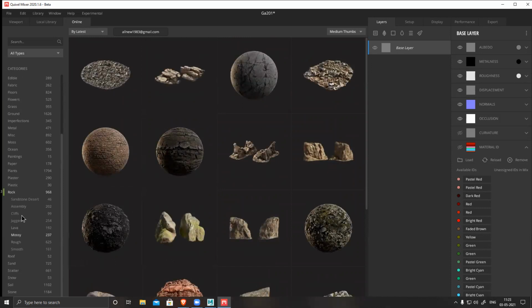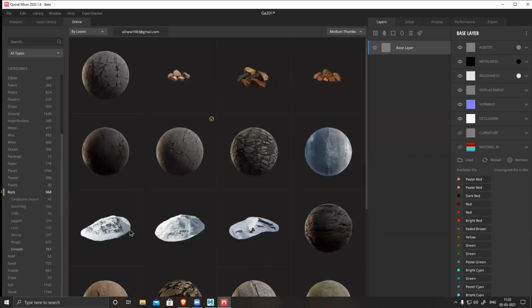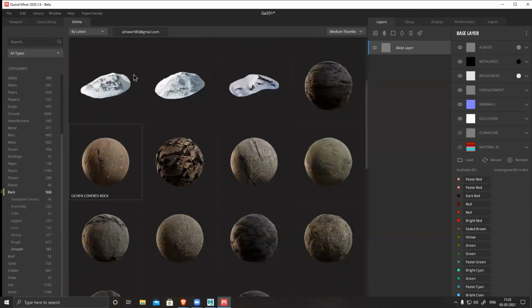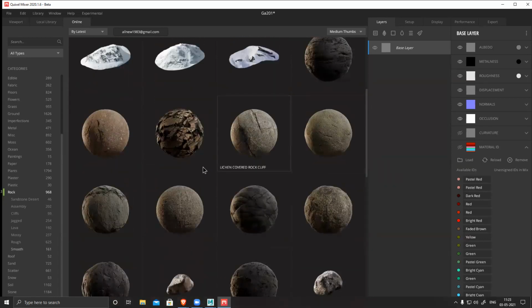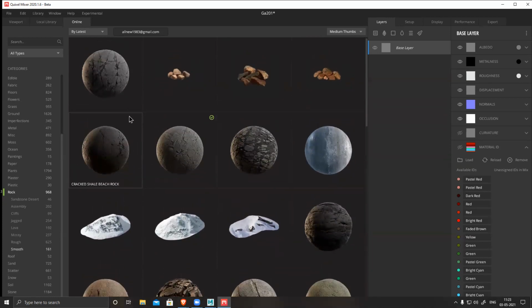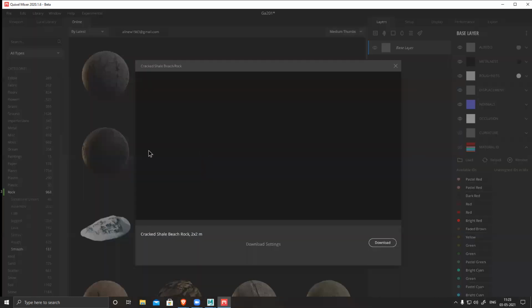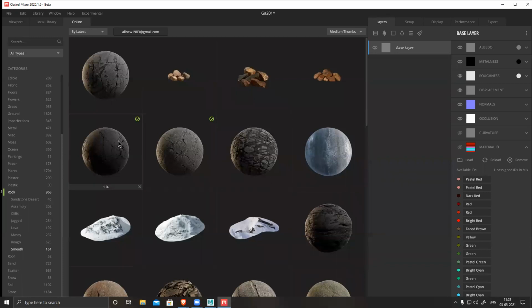You see I have all these things: surface, sandstone, desert, and I can use an assembly of these things. So click lava, mossy, rough or smooth. I can use all, you can see all these things are there. Whichever texture I want, I can use it. So let's see. I want a little rough, not that rough. This looks fine. I just have to click this, make sure I select this one, and then download it. It's downloading.